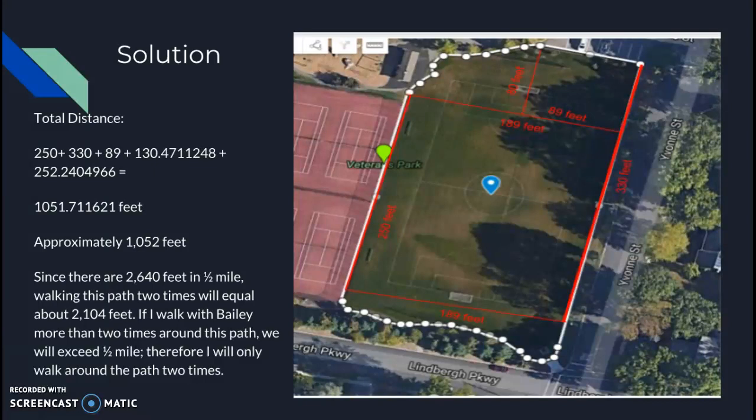So because Bailey would get tired if we walked more than half of a mile, I'd only want to walk this path twice, because I wouldn't want her getting tired as we were walking through the path a third time. So from this I concluded that I would have to walk around this path 2 times before having to head home